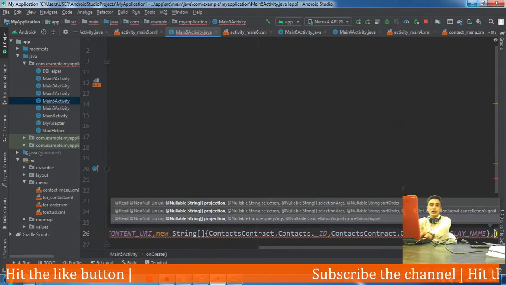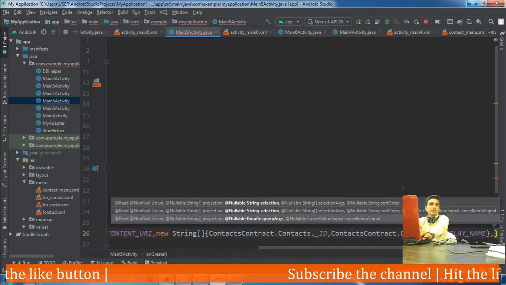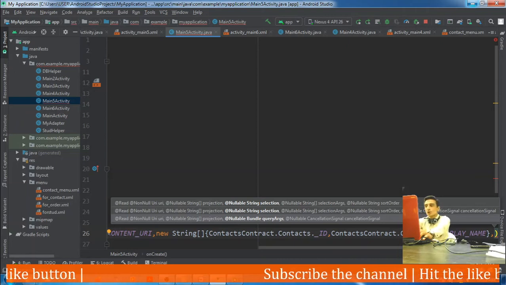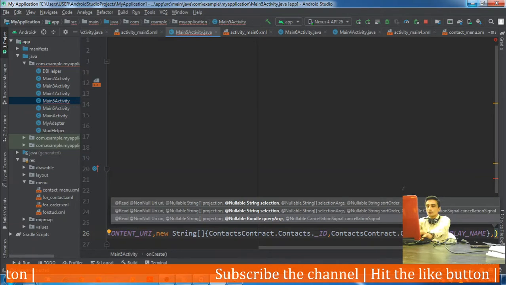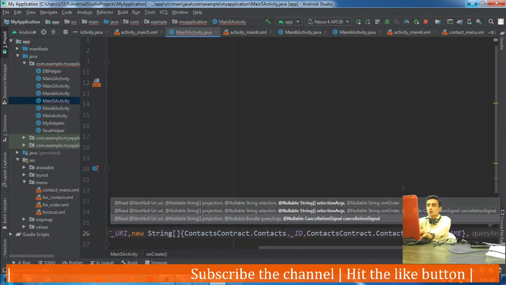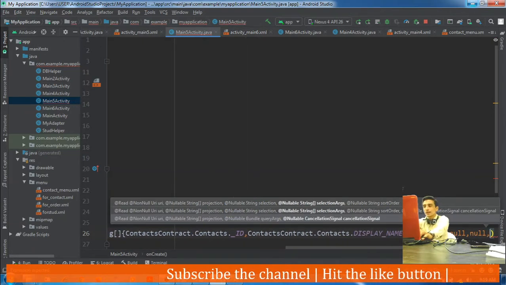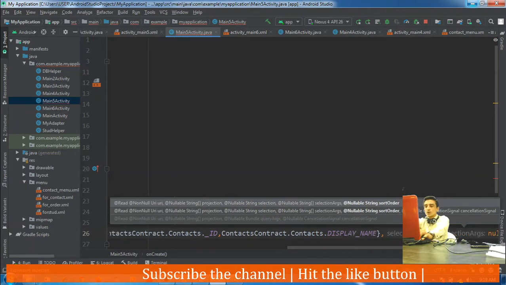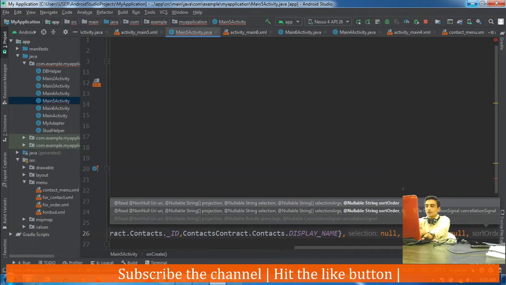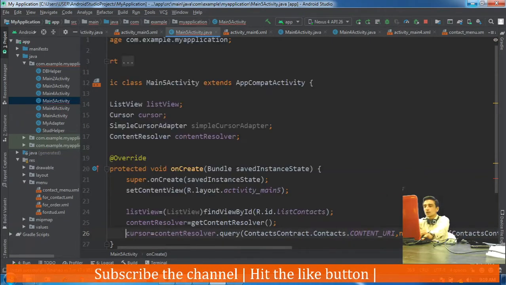It is the name of the column where the name of the contact will be stored. The third argument is selection. We need all the records, so no selection criteria. The sorting order is again null, and let's finish the method call.